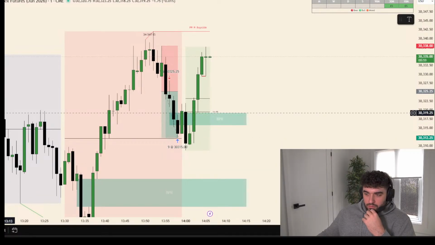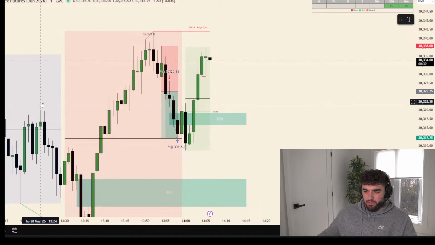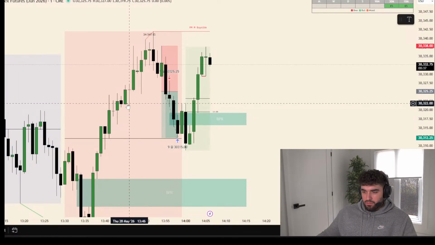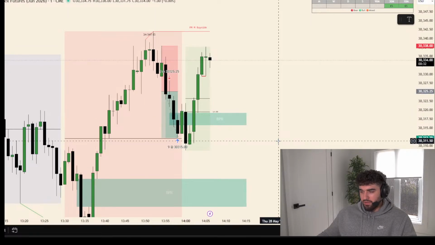I'm going to take this one on my Bullinox if I can get a decent price. You said A plus plus change in the state of delivery? A plus plus plus if I can get that 50% retrace. My entry is a close below the bullish order block, or whatever you guys call those. Well, I don't know what it is for you. You maybe have a different definition. Yeah, it could be. I made it my own.